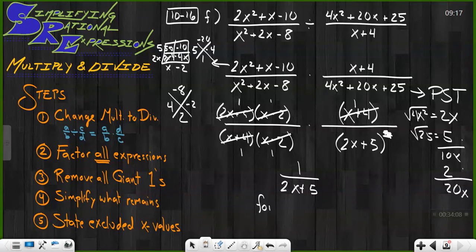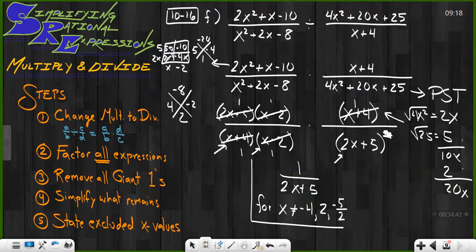And that will be true as long as x does not equal, let's look at all the denominators, where x is. X can't be, the opposite of plus 4 is negative 4. The opposite of minus 2 is positive 2. Here, the opposite of plus 5 is negative 5, and then the opposite of times 2 is divide by 2, so negative 5 over 2. And I also need to look up top here because the original problem was a division problem. So this x plus 4 was originally in my denominator. And in this case here, I find that x plus 4, I already took care of that, so I'm good. So that would be my final